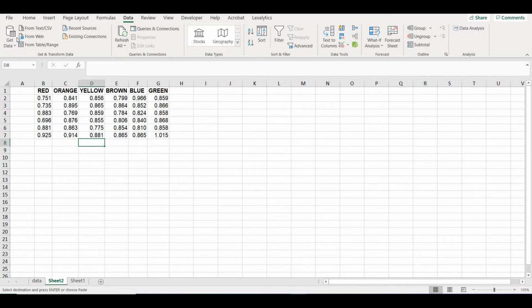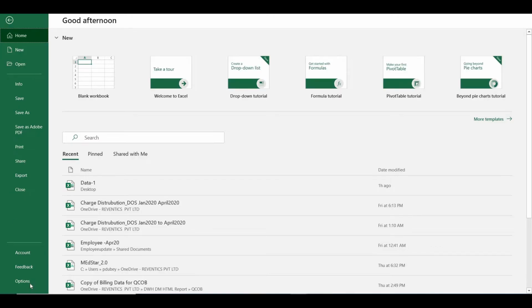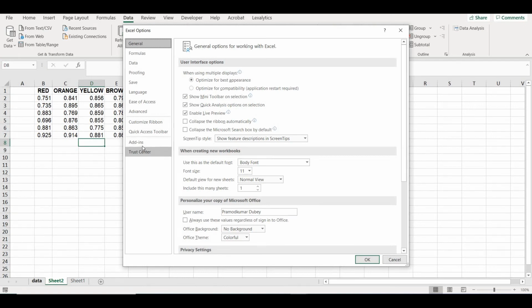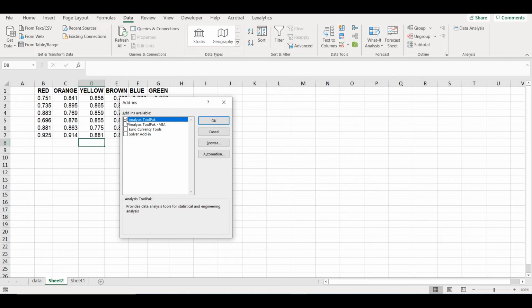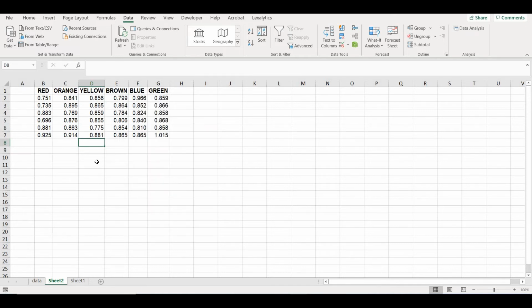So just follow the steps. Go to File, go to Options, and go to Add-ins. Once you click that, you see Excel Add-ins here, and say Go. It would be unchecked in your system if it's not there already, so you have to check Analysis ToolPak and just say OK. Once you say OK, it will do some activity on your Excel, and later on you will be able to see a tab for Data Analysis. I hope everyone is now able to get Data Analysis on their system, so let's get onto it.